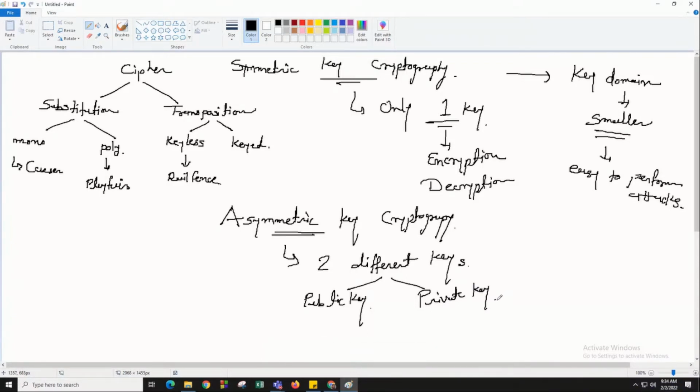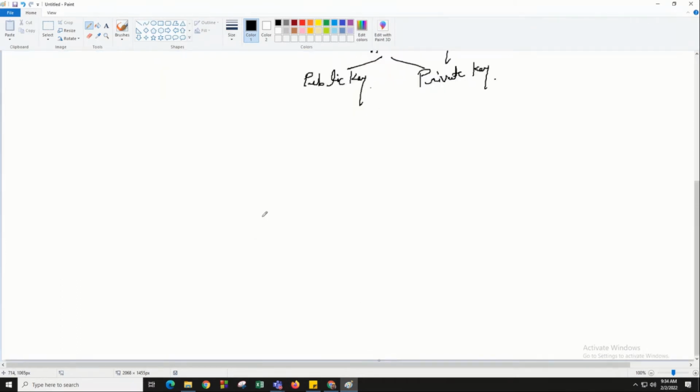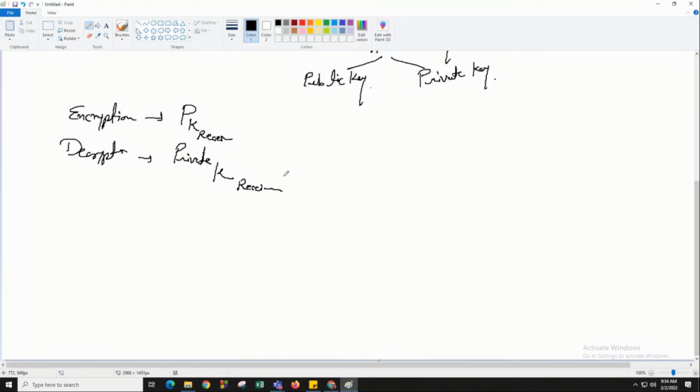For encryption, we utilize the public key of the receiver, and for decryption we utilize the private key of the receiver.